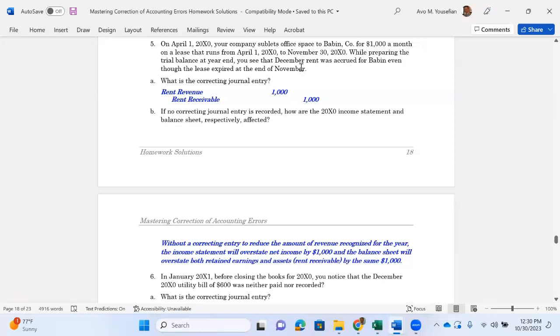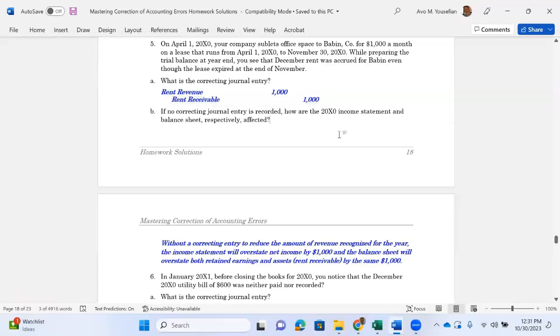unnecessary recognition of income? So to correct that, you reverse whatever the bookkeeper did by mistake. So you debit rent revenue by $1,000 to reduce the rent revenue. And then you credit rent receivable to decrease the rent receivable that your coworker recorded by mistake. So you reverse the whole thing. So revenue goes down,